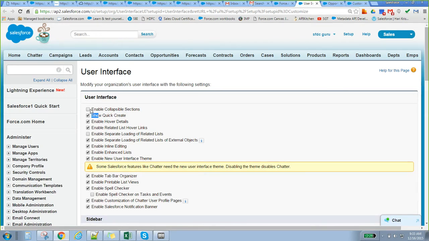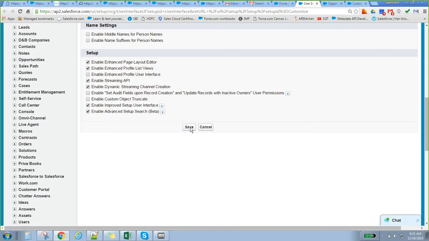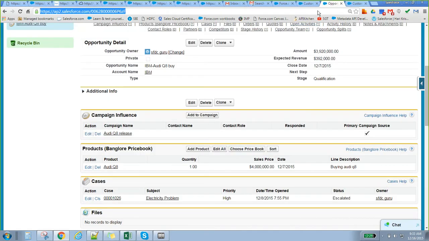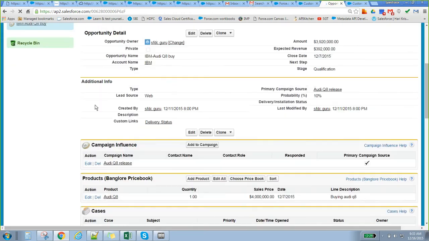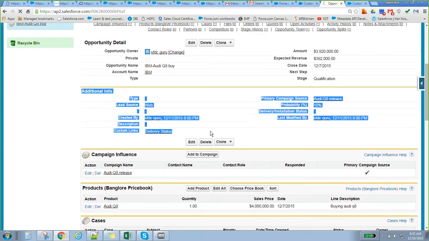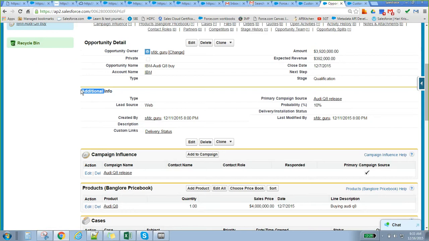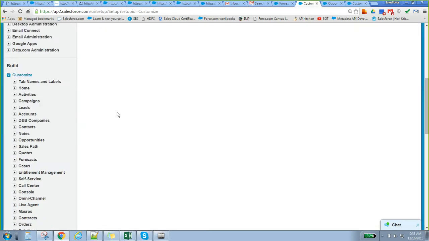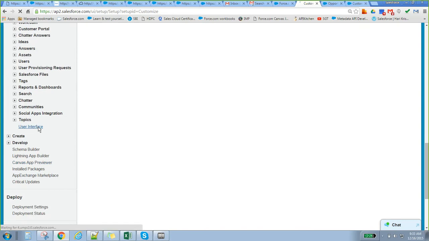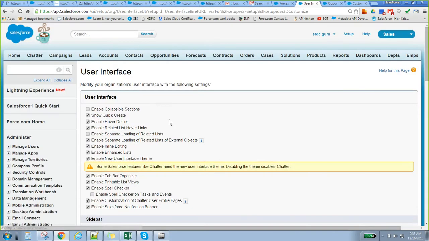If you disable that and save, and then refresh the opportunity page, that particular button is not there, right? That is nothing but that particular checkbox. Clear? Got it.